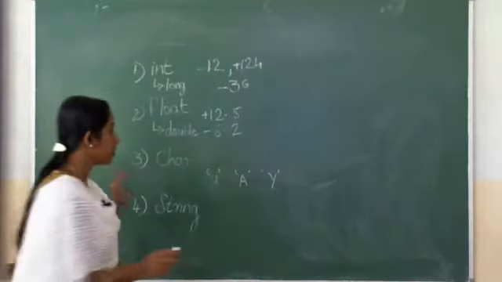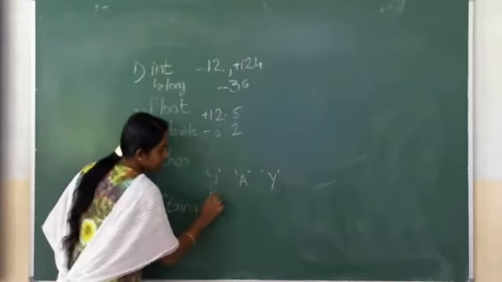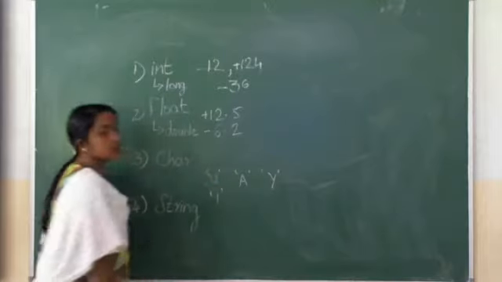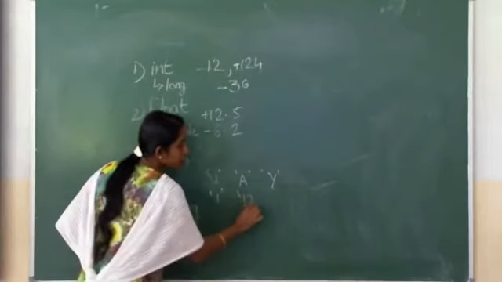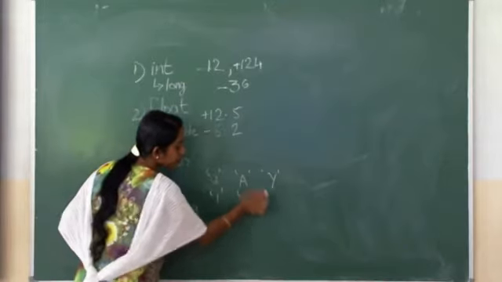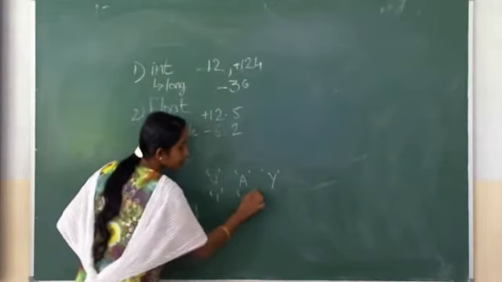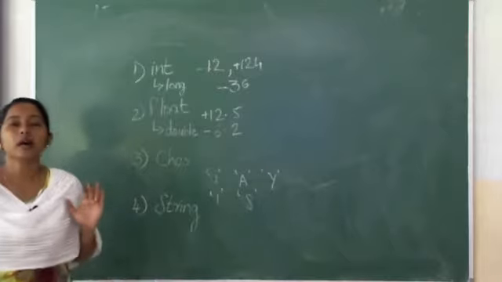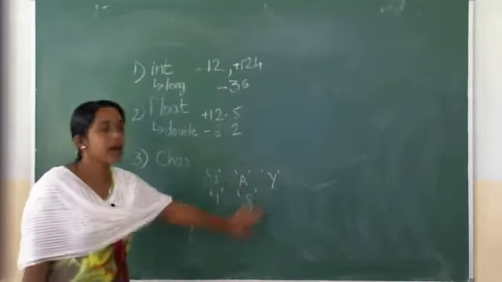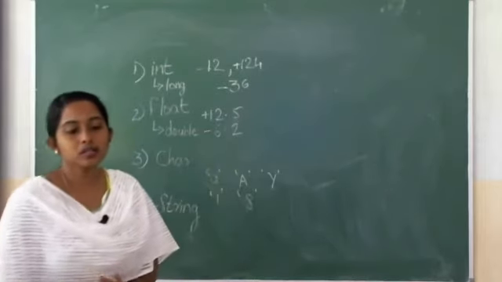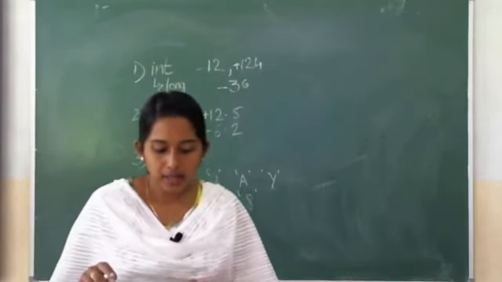Okay, so like that you have to mention the data if it is a char data type. You can enclose an alphabet, digit, or symbol in single quotes and it becomes a character. Inside the single quotes you can specify numbers also, no problem. But one thing, you should write only one character. Okay, so that is our char data type.